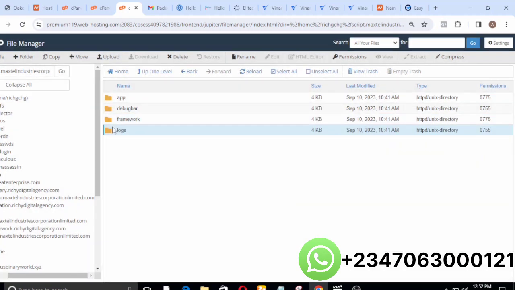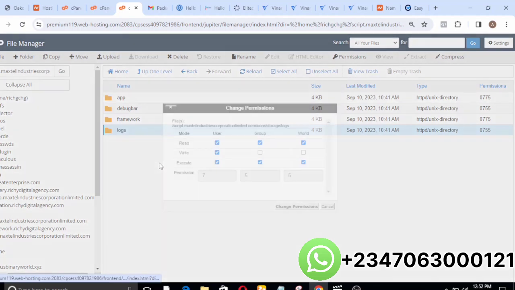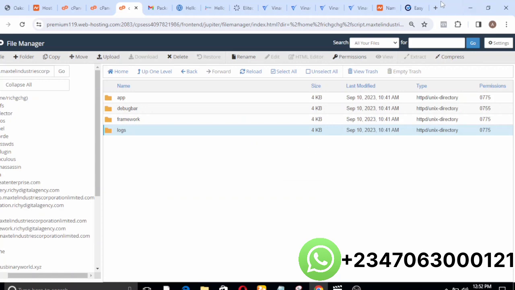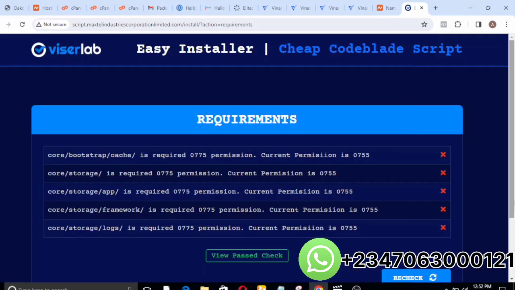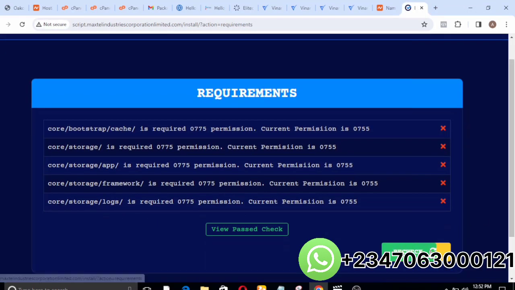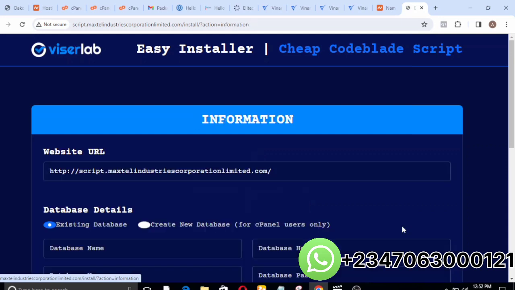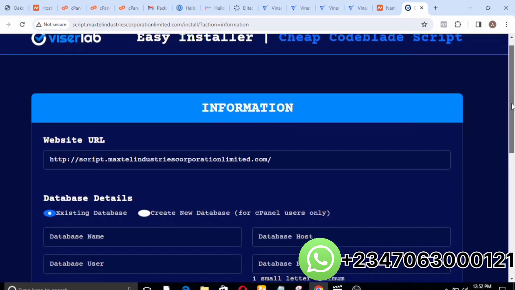Okay, for the logs, I also change permission for logs. Alright, so we have successfully done that. So let's recheck if actually we have successfully done it. Also, you can see requirements check pass. So you click on next step. Okay, so the next step now is to